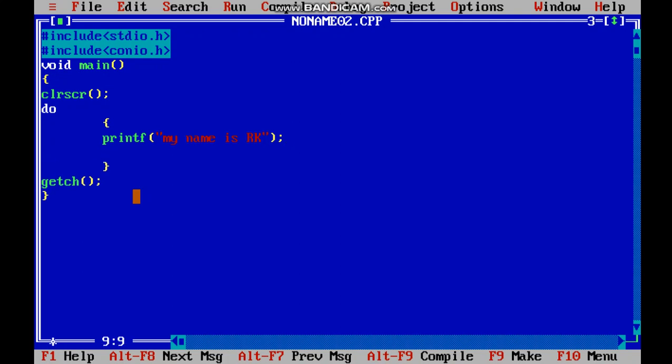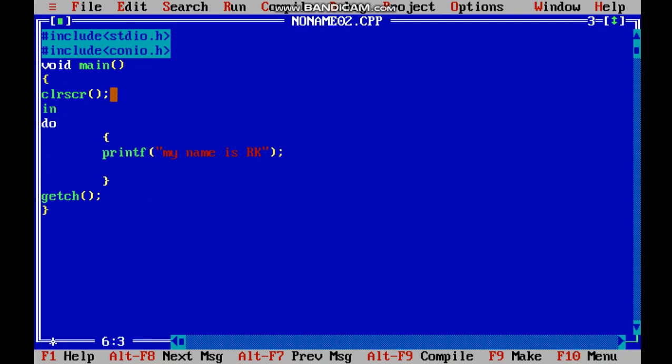Now suppose I want to print it 3 times, so what I'll do is int a equals 3, and a minus minus. Under the do statement's curly braces I assigned it a task to print, and what to print? My name is RK. You can put some other name also, whatever you like, and a minus minus.